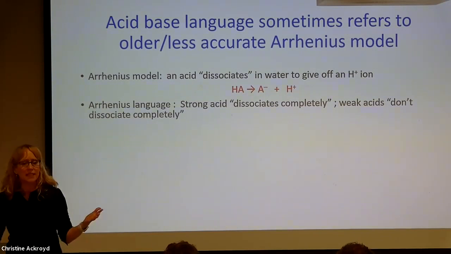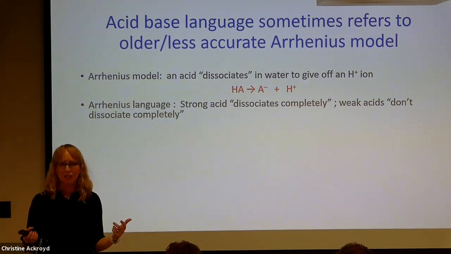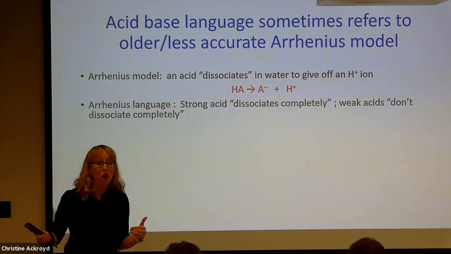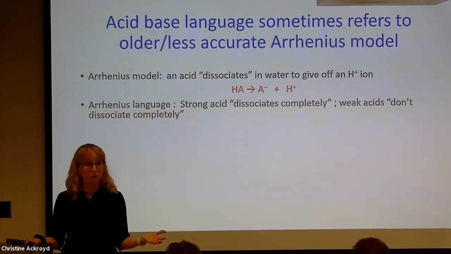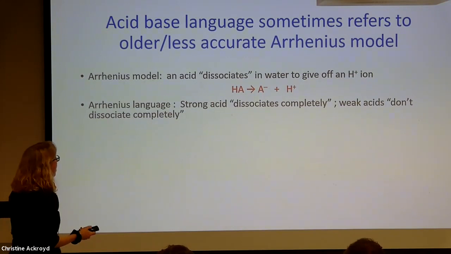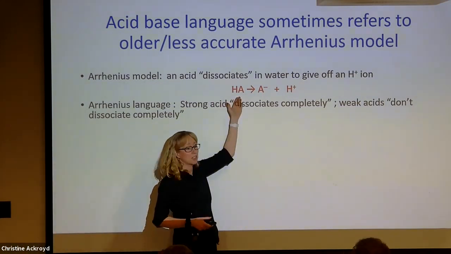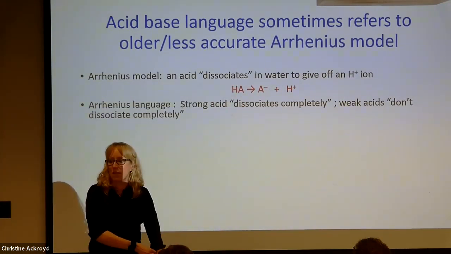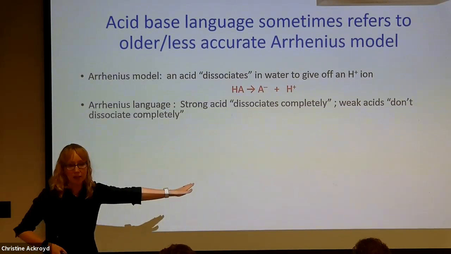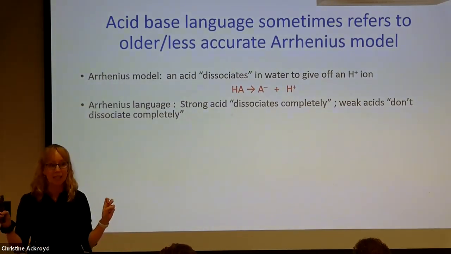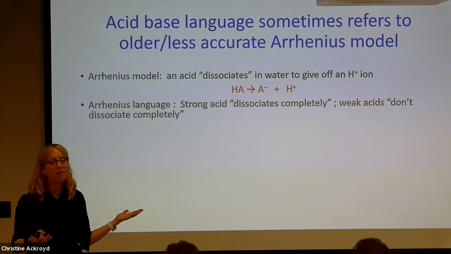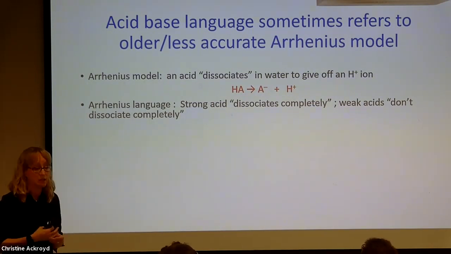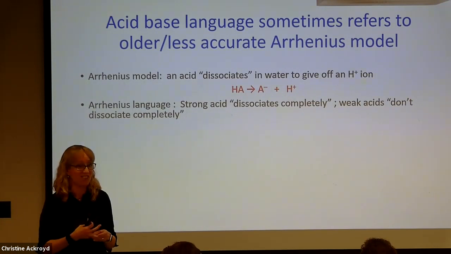Okay, so Arrhenius said we can categorize acids in terms of them being a strong acid or a weak acid. Now, in acid-base language, strong or weak just refers to where the equilibrium for this reaction lies. So Arrhenius said a strong acid dissociates completely. So what does that mean in terms of Unit 2 language? Equilibrium lies very far to the right. So when Arrhenius said completely, he means very far to the right. What kind of K values would we be talking about? Greater than 1. Most of them greater than 10. Some of them hugely greater, like 10 to the 23rd.